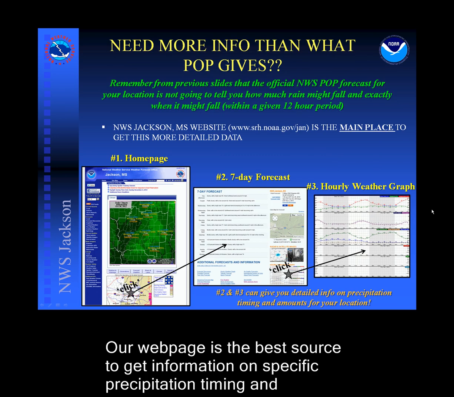So let's say you need more information than what the POP gives. Remember from the previous slides that the official NWS POP forecast for your location is not going to tell you how much rain might fall and exactly when it might fall within a given 12-hour period. To get this more detailed weather information, the best place to go is our webpage, the National Weather Service Jackson's webpage at